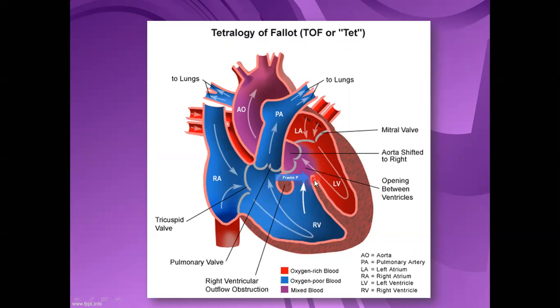The next, you can see, is the overriding of aorta, this area. You can see that the aorta is present at the center of the ventricle. It is supposed to be present in this area, but instead it is present at the center of the ventricle. So due to this, what happened? The blood gets mixed due to the ventricular septal defect. The blood from the right ventricle is also pushed towards the aorta, and from the left ventricle is also pushed towards the aorta. So due to this, the aorta will get a mixture of purified and non-purified blood. Both will mix together. Okay, so that's why it is in purple color.